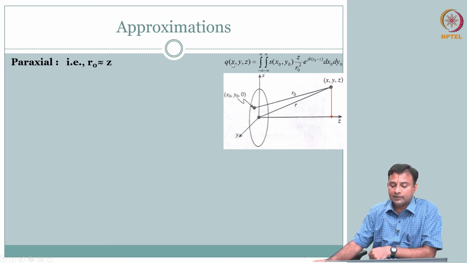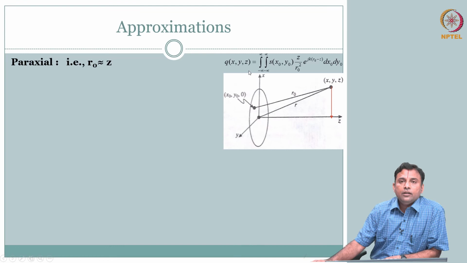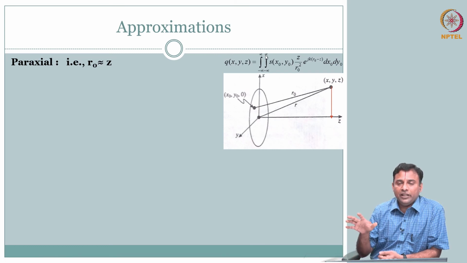Okay, so what we will do now quickly is further approximate, to understand whether we can analyze this further. So we will take this main term, your q of xyz. In some sense this is also the directional function, as it is sometimes referred to, or the field pattern that you are looking at. This integral is determining the field pattern, the shape. So we will make it a little more straightforward to analyze.